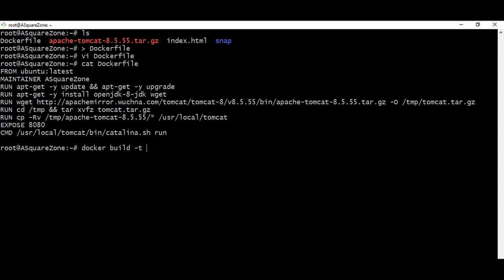Now we are going to provide the new name here, my tomcat, and I'm going to give the tag also here, 1.2, and we need to provide the location of the Dockerfile. So we already have the Dockerfile in the current directory, current location. So I'm going to give the dot. It represents the current path.